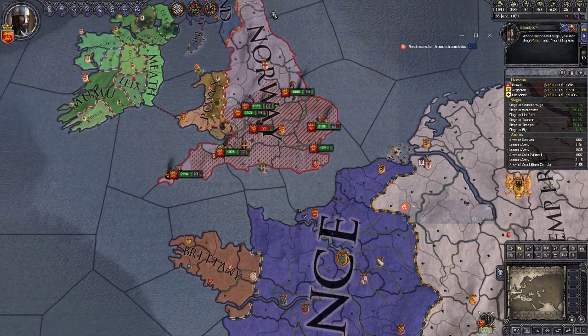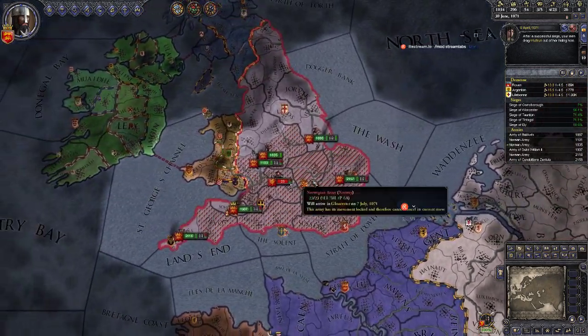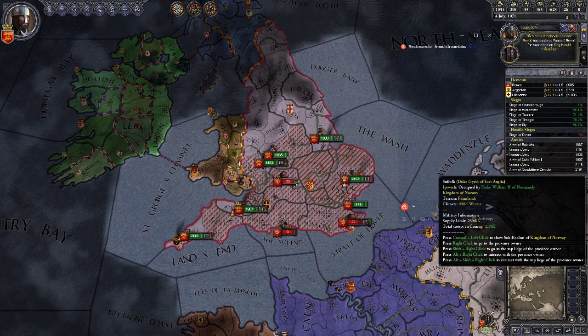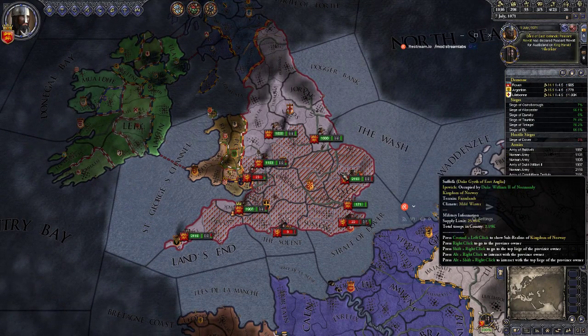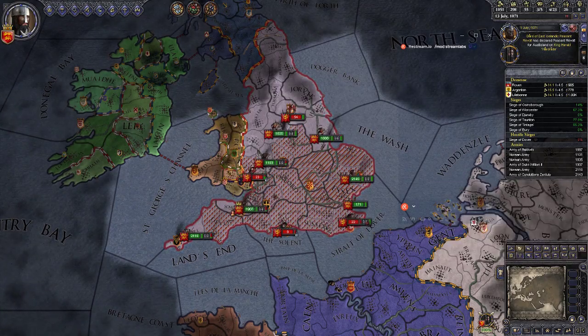So for this particular casus belli, we need to occupy at least the top level of everything. So it's a little tedious. The war's been won for a while, but there's nothing we can do about it. I mean, we can stop, but why would you? This is basically just free land, so...